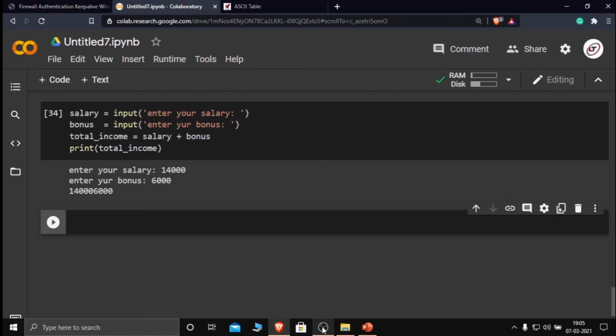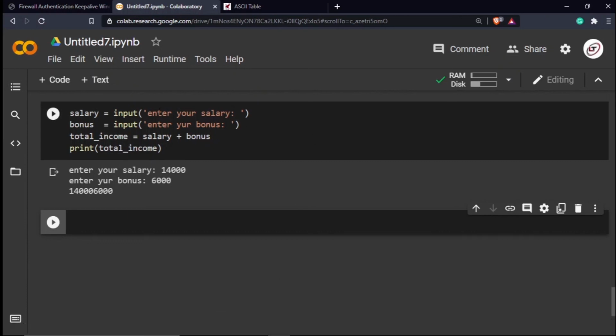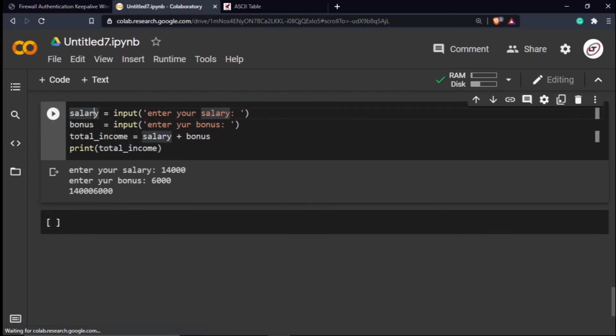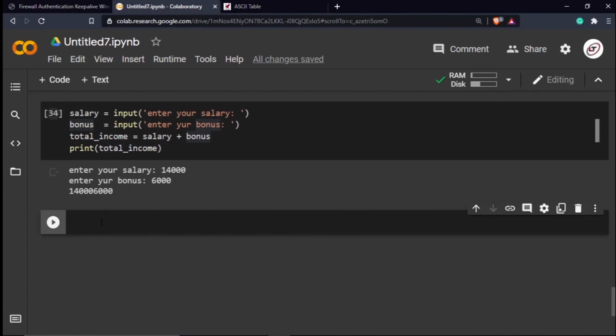Since salary is a string and bonus is a string, when we add those strings, the second one will be attached to the first one. So you'll get 14,000 again 6,000. It is way more than 20,000, whereas 14,000 plus 6,000 is 20,000, right? So for this problem, what we do is convert